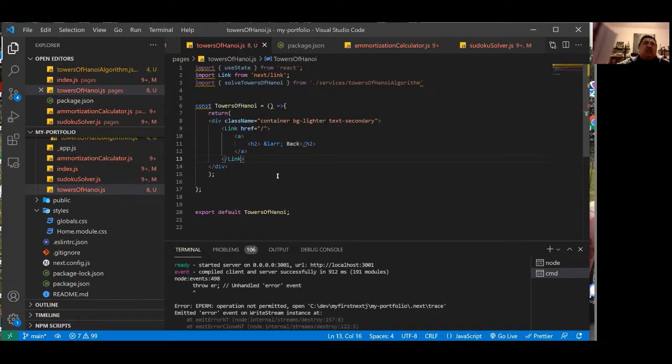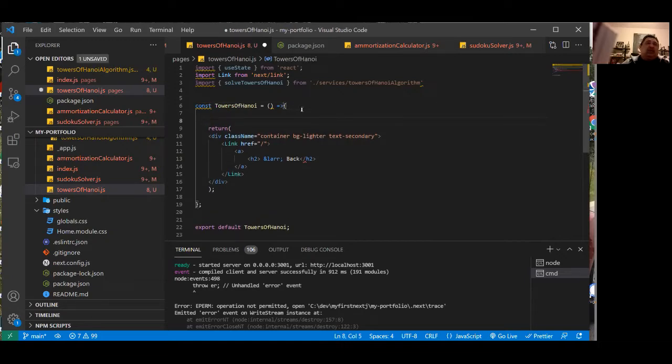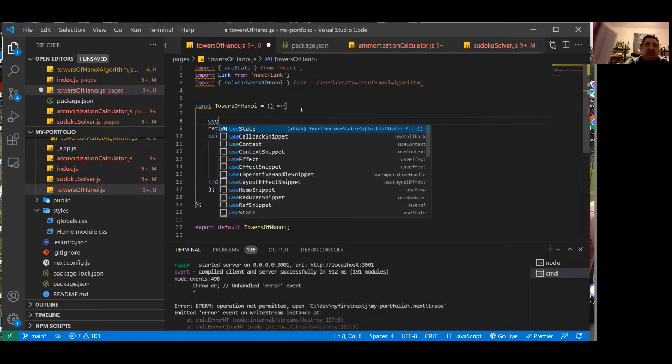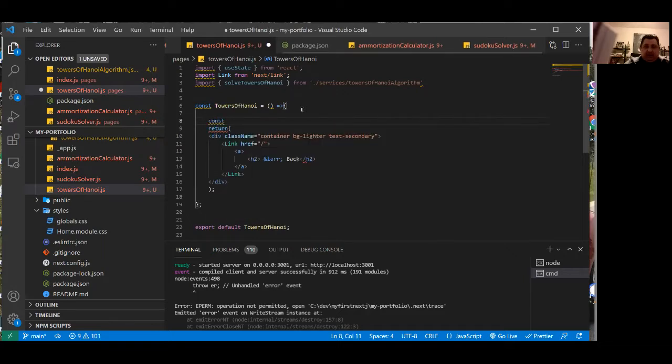Before we actually draw it visually, let's go ahead and see if we can get it working, just so that it works without it being visual. So I think before we do that visually, we need to have some kind of state that has 3 arrays, essentially tower 1, tower 2, and tower 3. So we can have use state, we can have towers, and we can have set towers. And initially, let's just say that